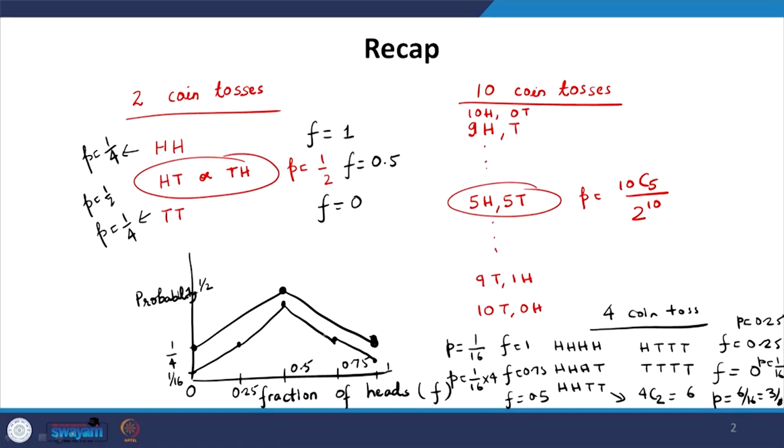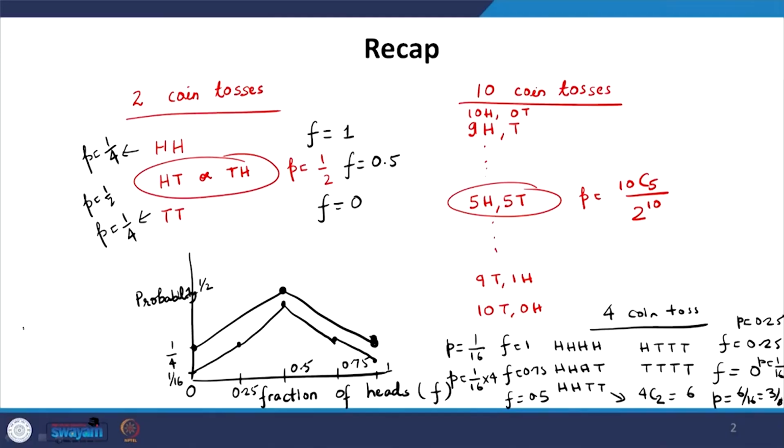So, that clearly the number is less than 1 by 2, it is somewhere here, it is going to look like that. Now, I want you to start thinking how the distribution is going to evolve as I am increasing the number of tosses. So, clearly at f equal to 0.5, the probability is decreasing, but at the same time the distribution is also becoming narrower, right. So, this is what I refer as a broad distribution, and this is what I refer as a narrow distribution,